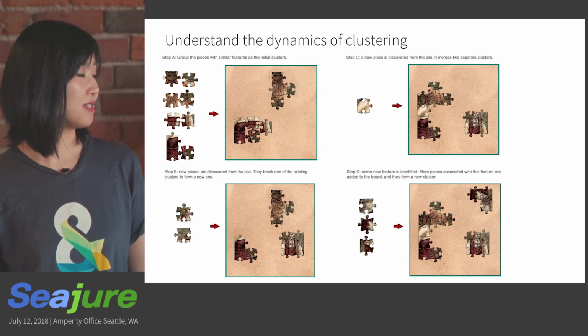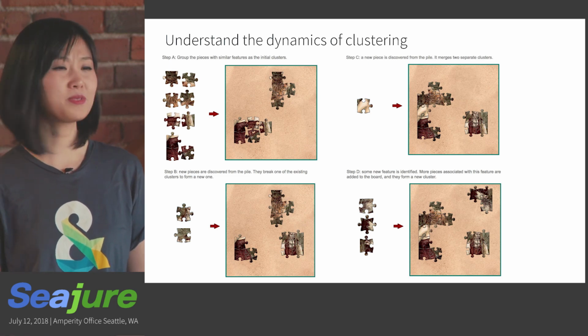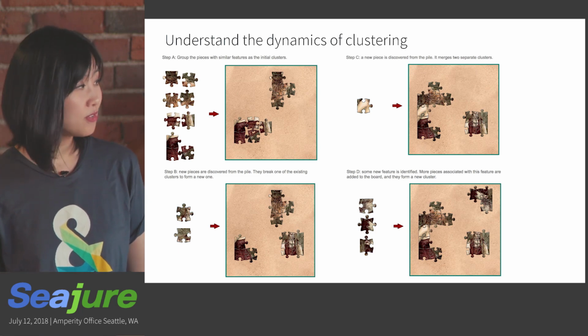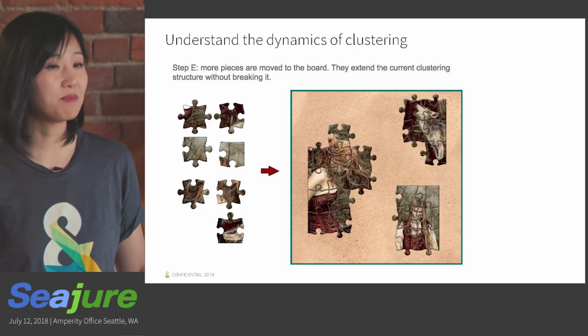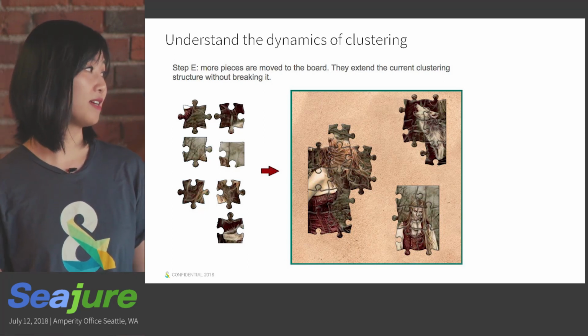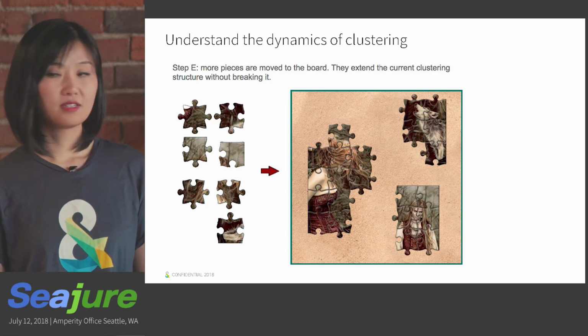And then you find more pieces. It looks like those three can be grouped together and establish a whole new cluster. It looks like a wolf. You continue to dig into that pile and keep growing the existing clusters, and you have a girl cluster, a wolf cluster, and a dude cluster.